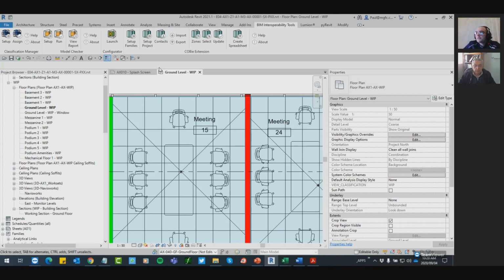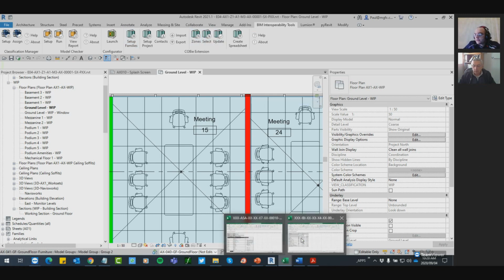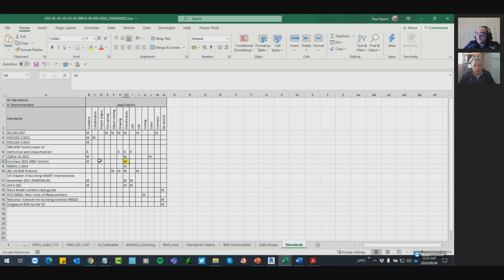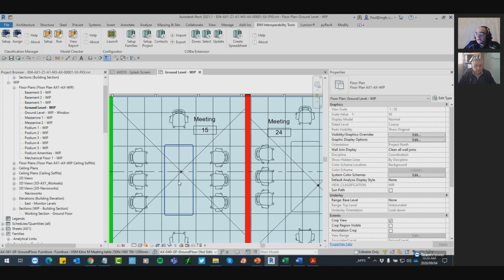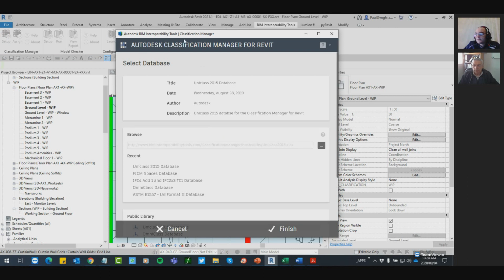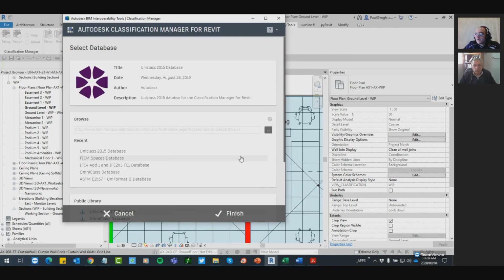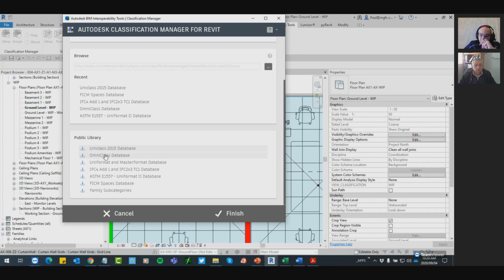Okay. So once we've installed the BIM Interoperability tools, and we also know which standard is applicable, then we can go and have a look at setting this up. It's very simple. You can go to the setup of the classification manager, and here are the latest versions of these standards. So if I choose the Uniclass 2015 database,